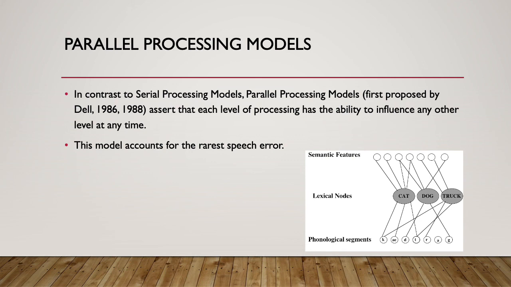Think of riding an escalator versus walking and climbing the stairs. When you're riding an escalator, you can only go one direction, up or down, and it's frowned upon if you move at a different pace than the escalator is moving, right? That's like serial processing models: you can only go in one direction at one speed, and you can only achieve certain outcomes after you've achieved the one before it.